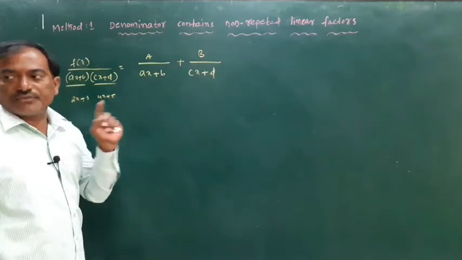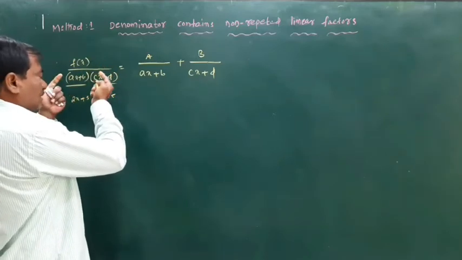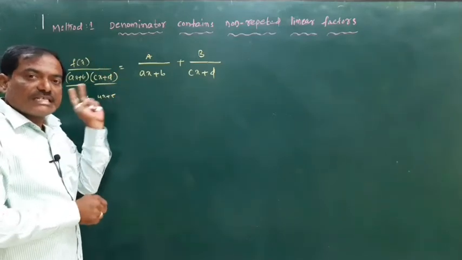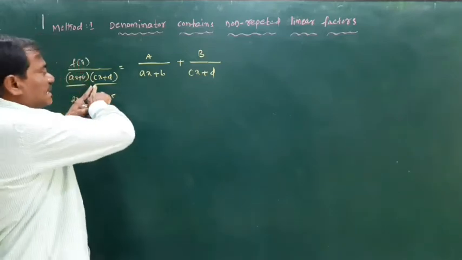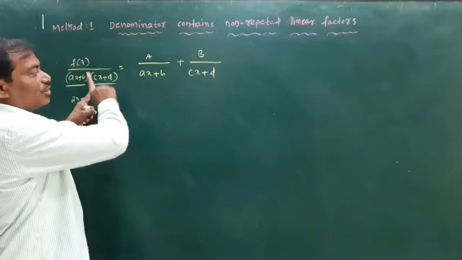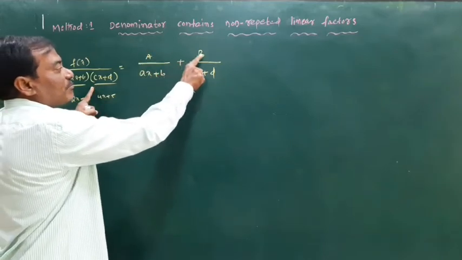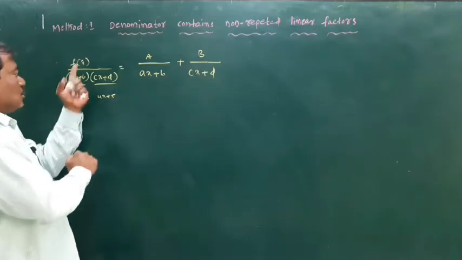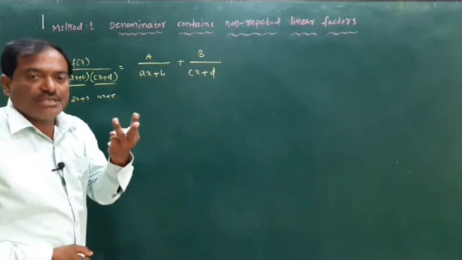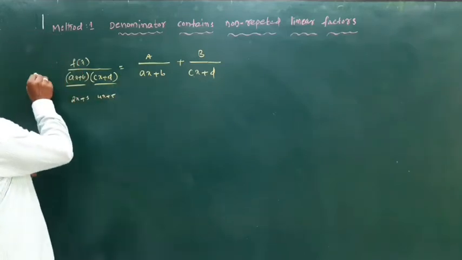Okay, this is the standard format. If the given rational fraction g of x contains two non-repeated linear factors, we have to rewrite the given rational fraction in this form: capital A by ax plus b, plus capital B by cx plus d. In case g of x contains three non-repeated linear factors, for example, we have to write here